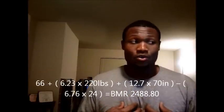So that's how many calories I burn without doing anything. This is not where the work ends. You also want to apply a factor. It depends on how often you work out. If you're sedentary or lazy,